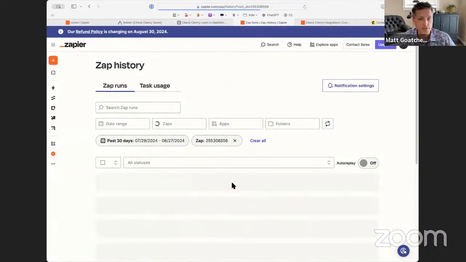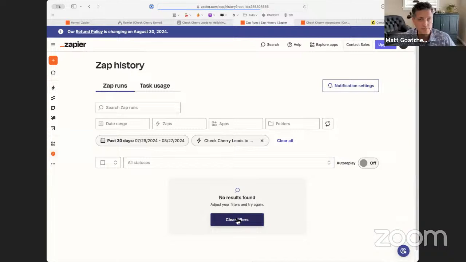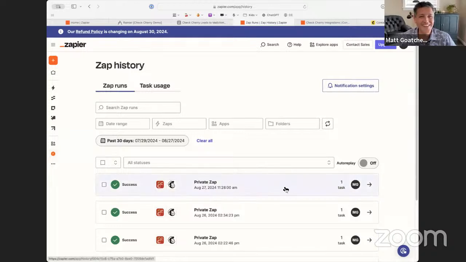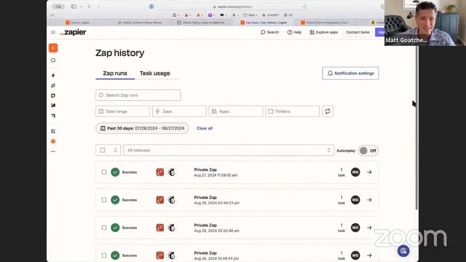There's also a Zap history that has everything. I like this though, because this is really what happens. You know what I mean? You're like, wait a minute, it's not working. Why not? Help me. You make it as easy as you possibly can, and then inevitably,